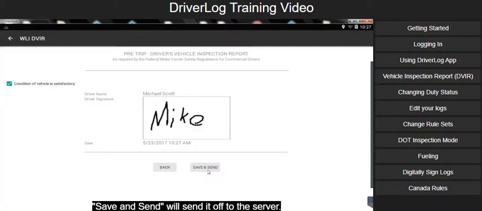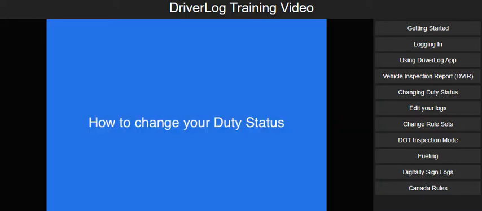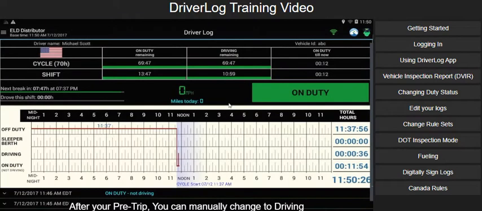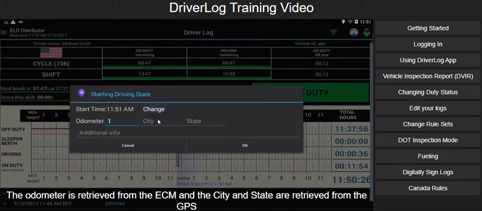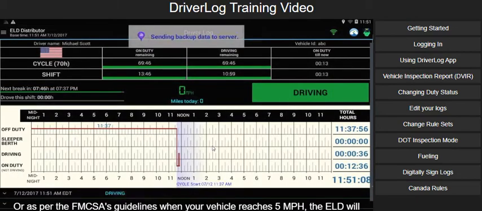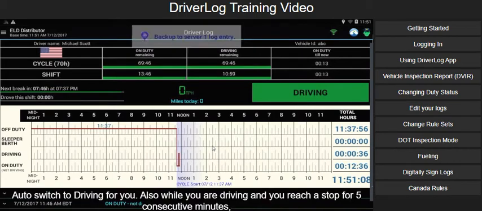Save and send. We'll send it off to the server. After your pre-trip, you can manually change to driving. The odometer is retrieved from the ECM, and the city and state are retrieved from the GPS. Or, as per the FMCSA's guidelines, when your vehicle reaches 5 miles an hour, the ELD will auto-switch to driving